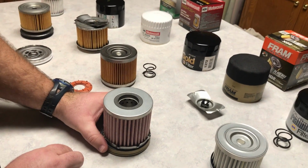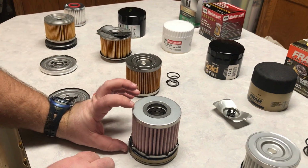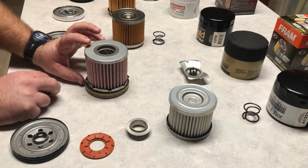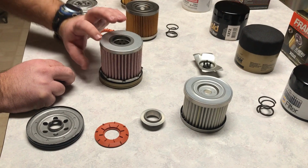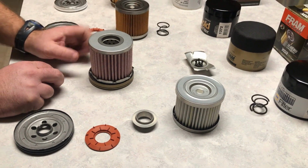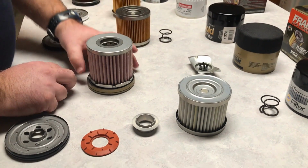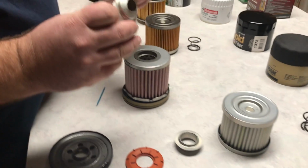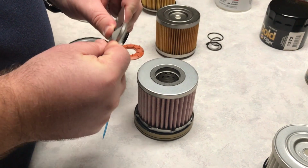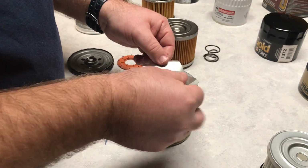And by their design with not having that lip, if you look at all the filters out here, they're able to get more filter media in their filters. The part of the filter that's actually filtering is taller than all the other filters here. So that's something to consider. And moving forward, their anti-drain back valve sits on this felt-like sealing material, which I